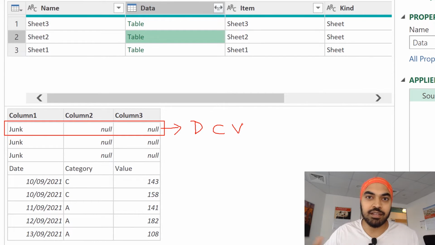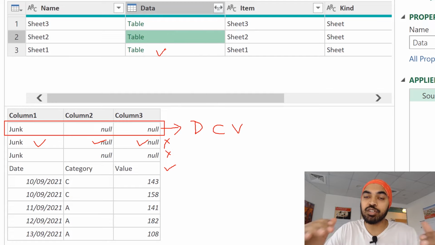If you don't have the headers, then remove all the things above the headers that do not match the description of the headers. Then you perform the same check. Do you have date? Do you have category and value or not? If this is not the case, then you remove it, and finally the check is going to be true here, and the check is going to stop working right here. That is the check that I'd like to build and test out for every single table that I have in each and every single row.